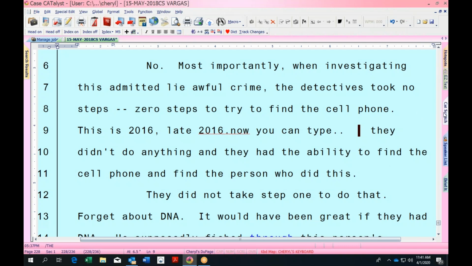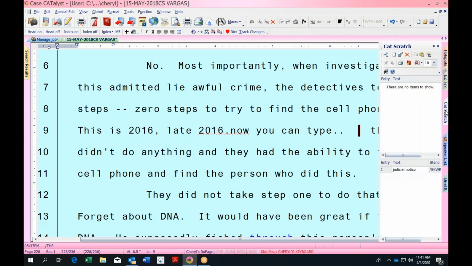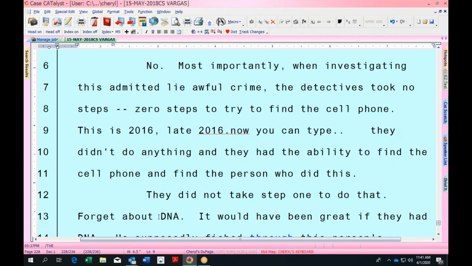Another thing that Case Catalyst has is a function called Cat Scratch. It's over here docked on the side of my computer. If I just go hovering over it, it pops it out. So say, for instance, there was a DNA. I just want to include that into my Cat Scratch. Say it was a special spelling that I didn't know anything about. You can add that to your Cat Scratch